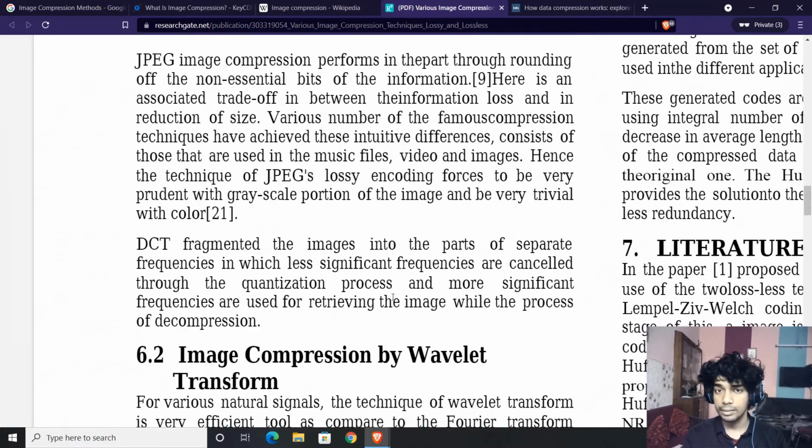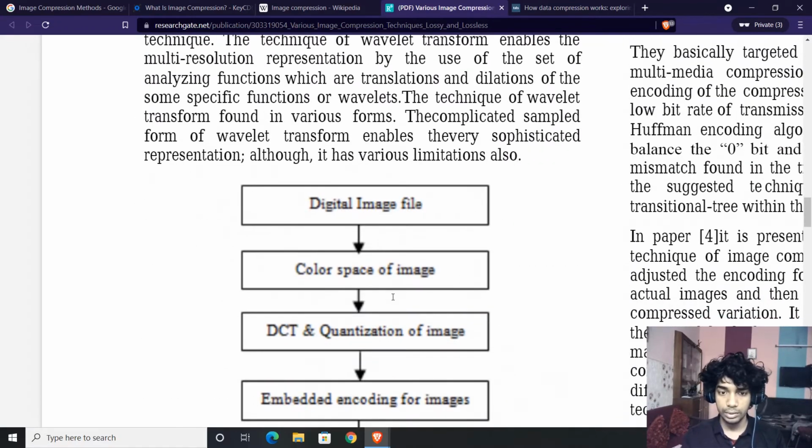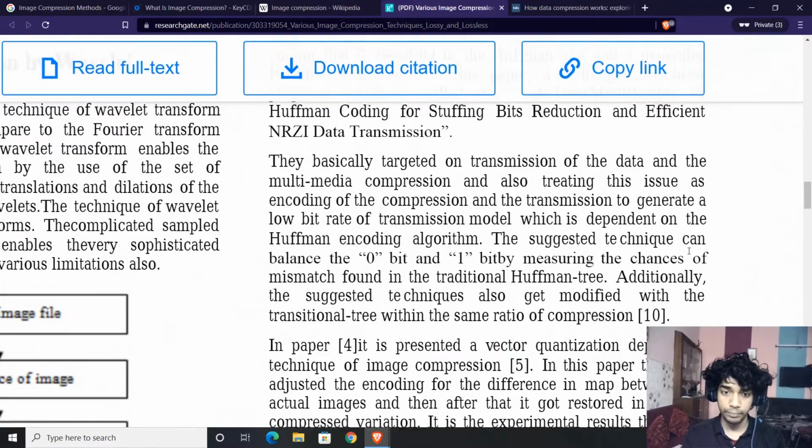Sometimes you might be asked the size of an image. Let's say given these pixels, height, width and depth, what would be the size of the image? So you might need to calculate that as well.